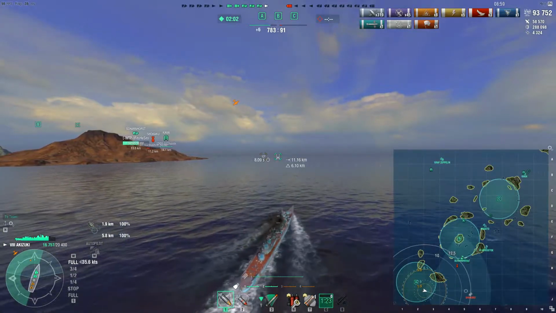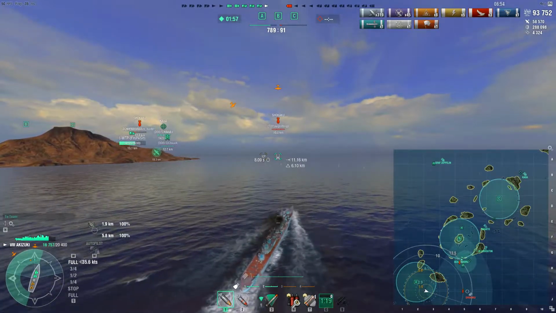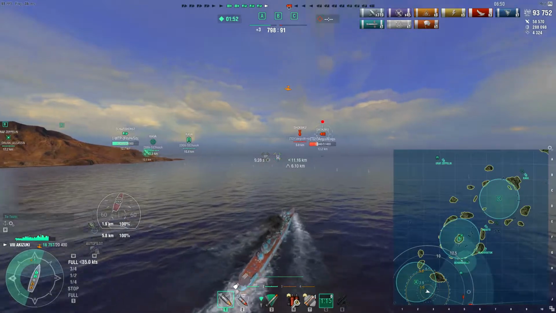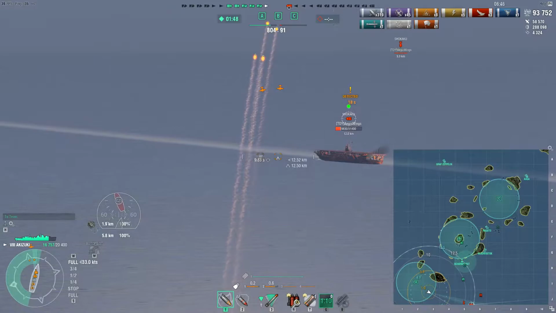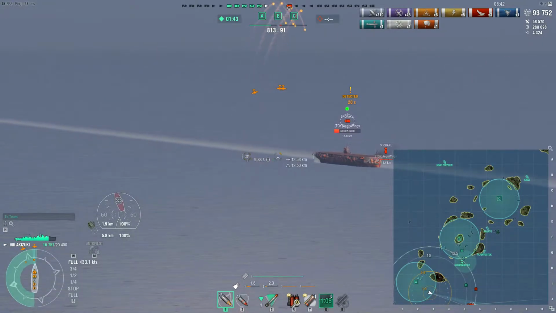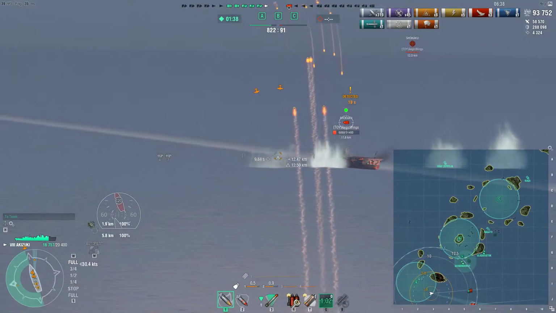Anyways, so we're going to try to chase down that Shikaku, but there is a Scharnhorst and a Vlad, and obviously the CVs are trying to get in on the action, and there he is, finally detected. But he's at such far range that it's actually a little bit difficult to land these hits. So unfortunately we're not going to get much in the way of damage, and that is going to be it